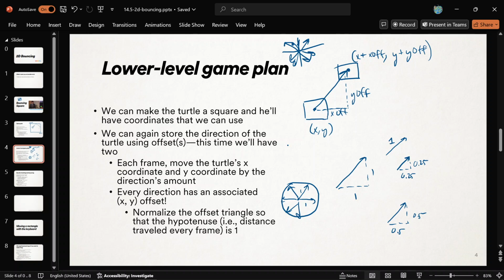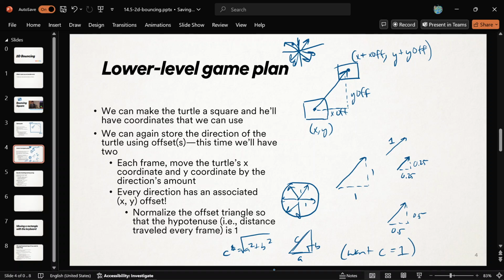But an easier way is like we have been given some triangle. We've got our x offset and y offset. We've got those numbers already. They're in our variables. Kind of what we'd like to do is solve for the length of the hypotenuse and then divide it and make sure it's 1 by the end. So like we've got A, B, and C. And we know how to find the length of the C, right? Because C squared is equal to A squared plus B squared, where A and B are like X offset and Y offset. We'd like C to be 1, so like, how do you solve for C? Like, take the square root. We'd like C to be 1,